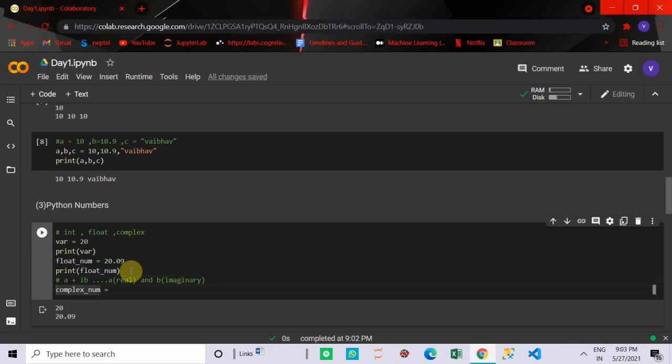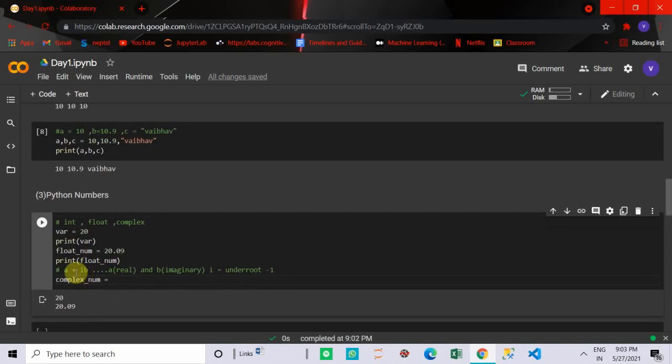Also, iota is the square root of minus one. So that is all about complex numbers.